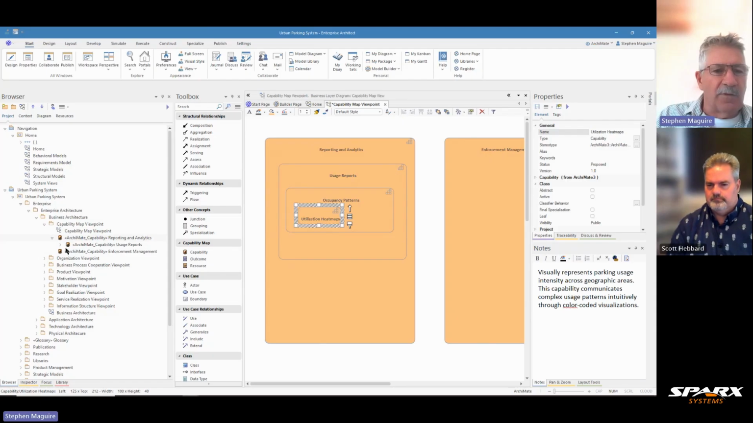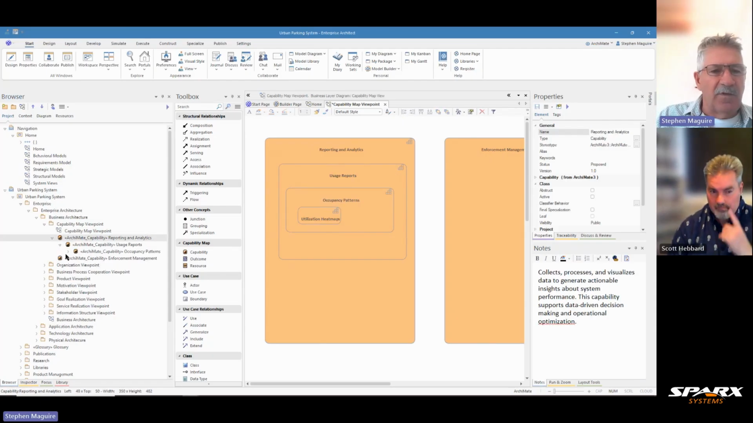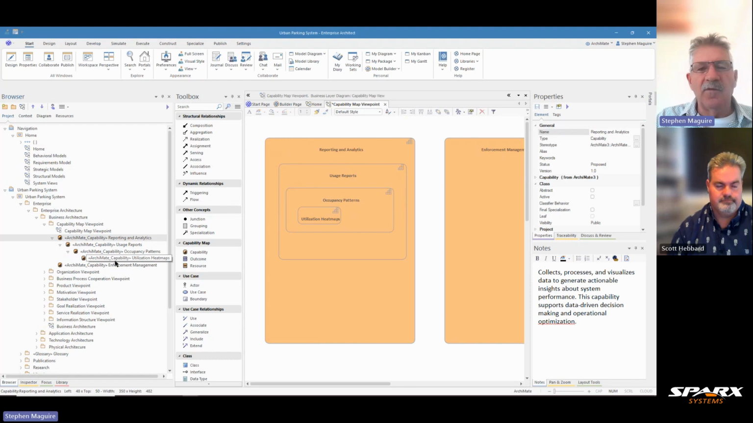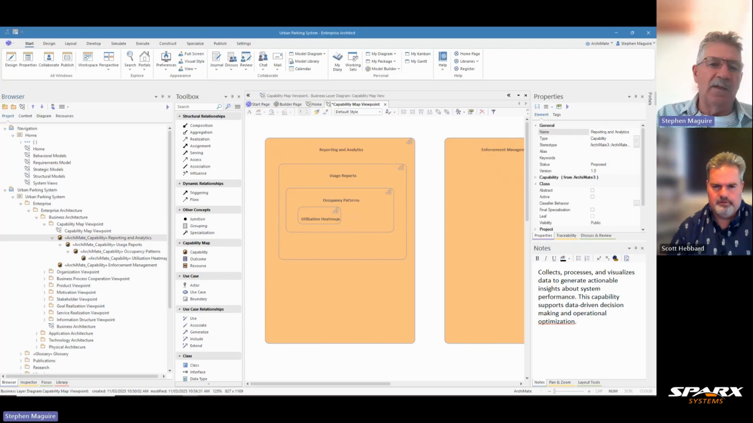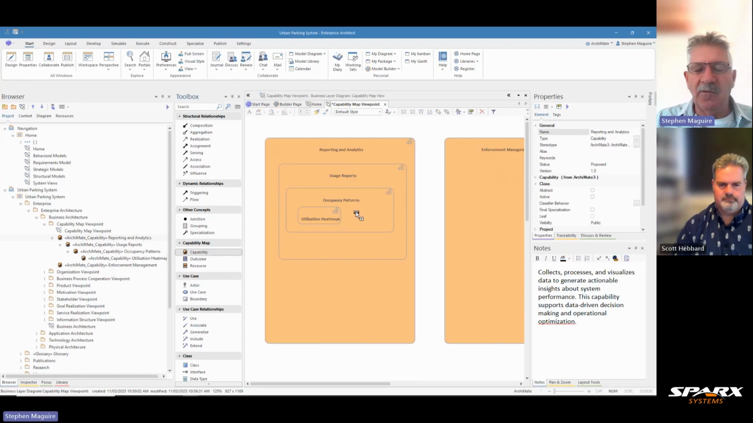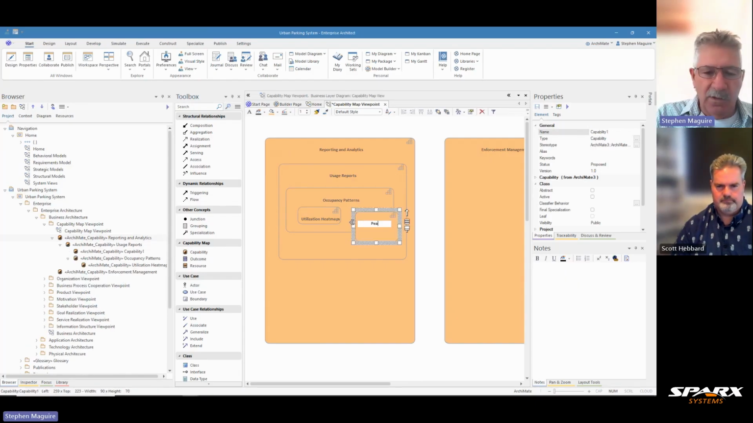So if we look at this now, we can see occupancy patterns. We can see in the project browser, this is moving down and giving us this structure. So it's a structured and nested arrangement in the diagram, but these things are hierarchical in the project browser. Let's put one more in and have a look at this. And this is peak usage time. So when is the parking used the most, or particular space that's used the most? So peak usage times,